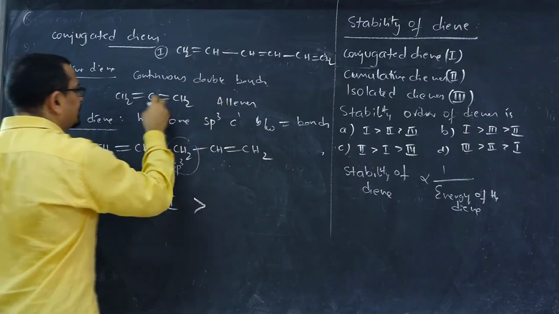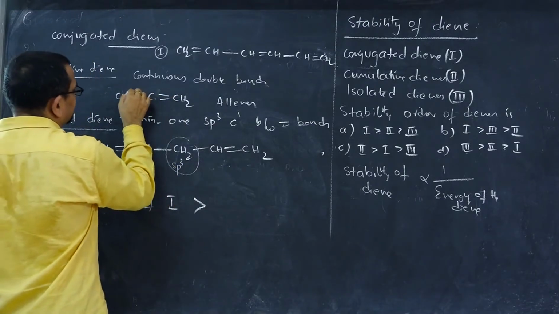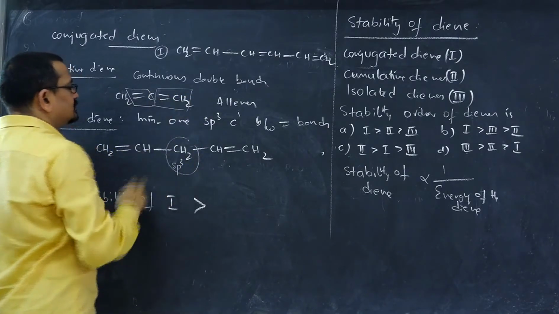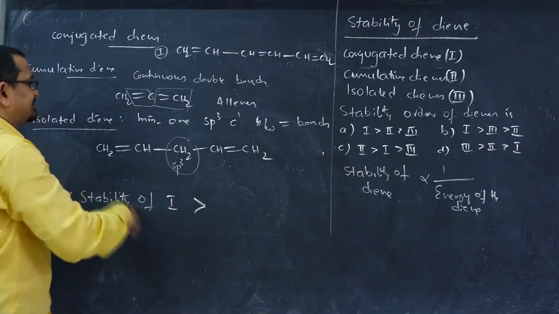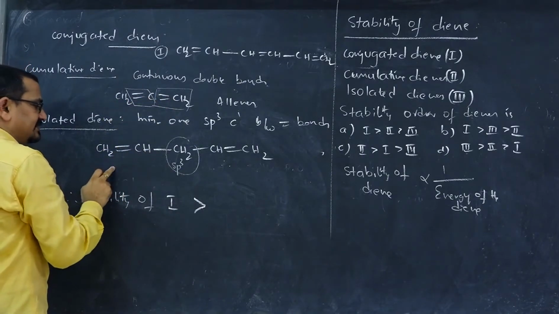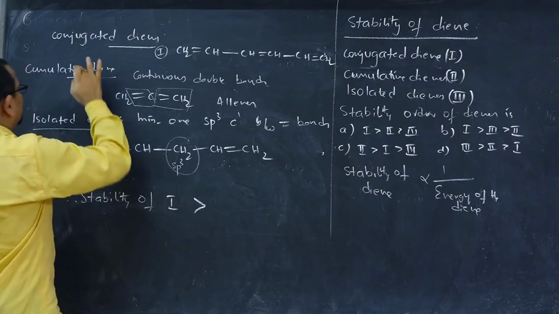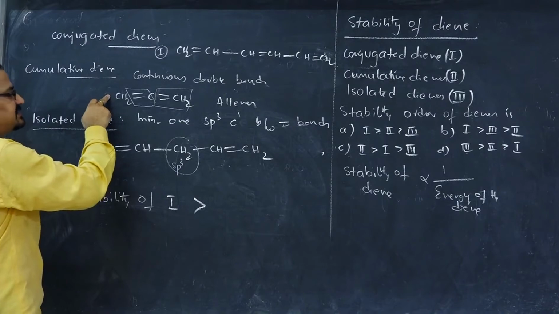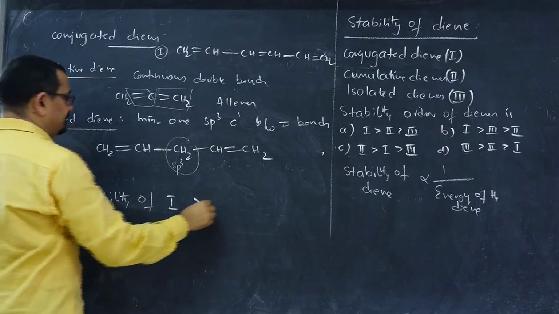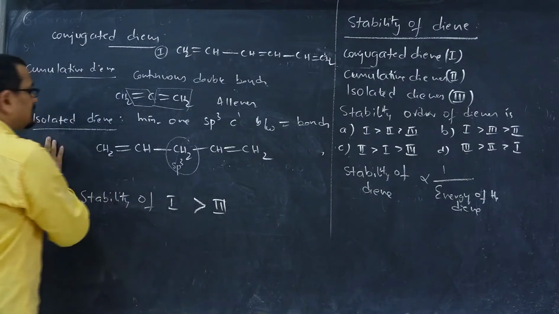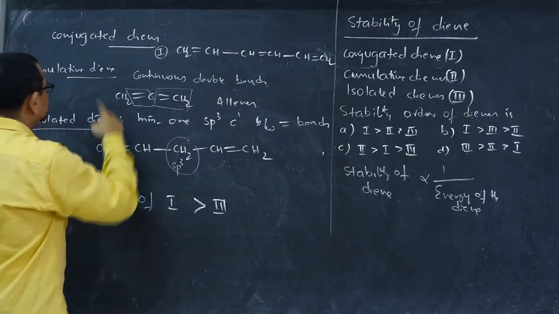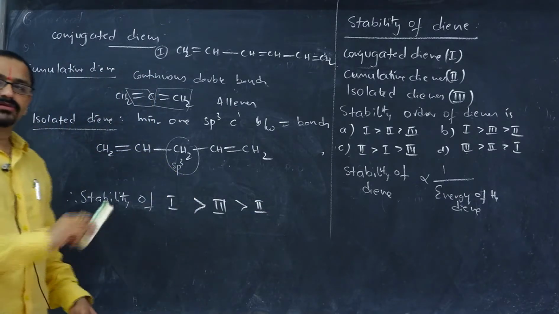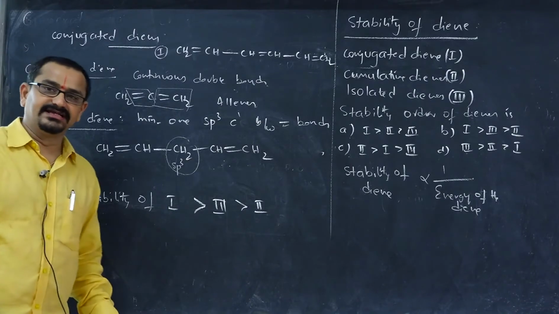Next, consider cumulative diene and isolated diene. Because of the continuous pi bonds, if this pi bond is in one plane, the other pi bond should be in another plane. Because of that, its relative stability is less. So the planes are different. When it comes here, they are widely arranged. So among the cumulative and isolated dienes, the energy of isolated diene is less, whereas this energy is more. The less the energy, the more the stability. So isolated diene, that comes under 3, is more stable than cumulative diene. So this is one model question possible from the stability of dienes.